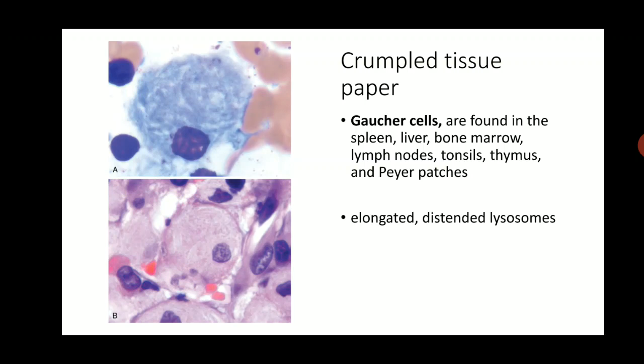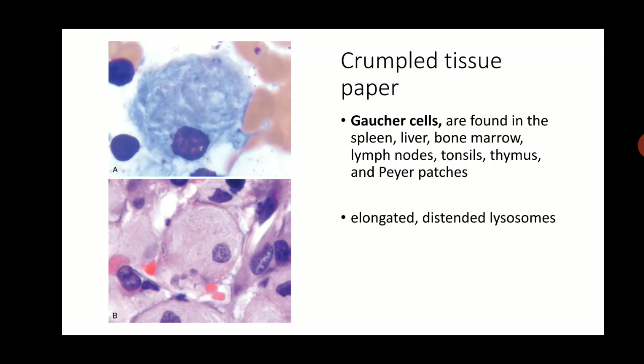In Gaucher's disease, if you do a bone marrow, you see the typical cell known as a histiocyte with sea blue cytoplasm and crumpled tissue paper like appearance of the cytoplasm. These are large reticuloendothelial cells or histiocytes which contain abundant lysosomes and appear blue in color. The cytoplasm appears blue in color and gives a crumpled tissue paper appearance.